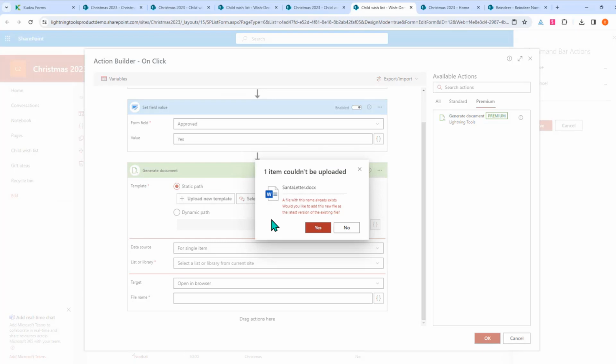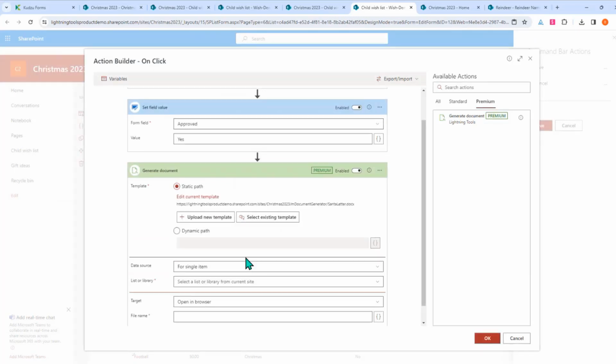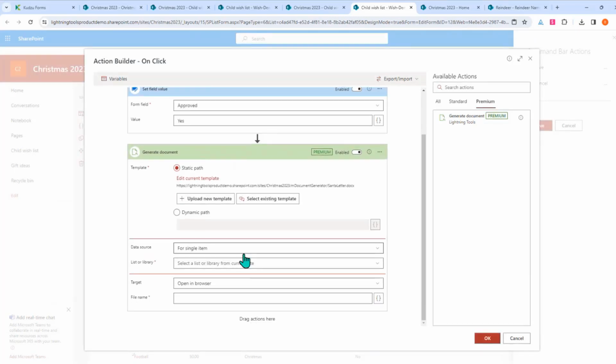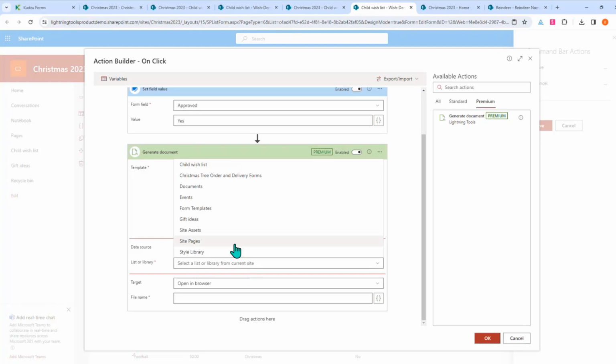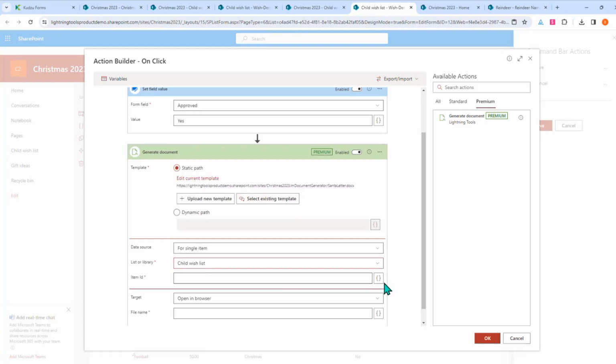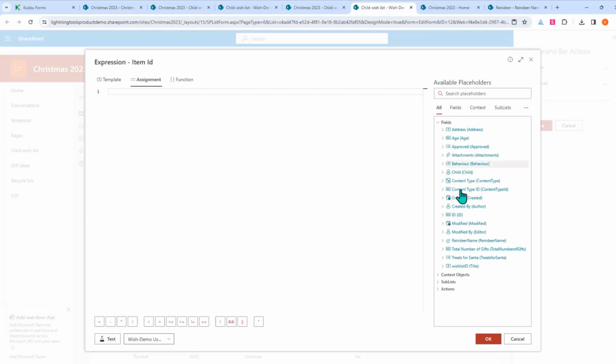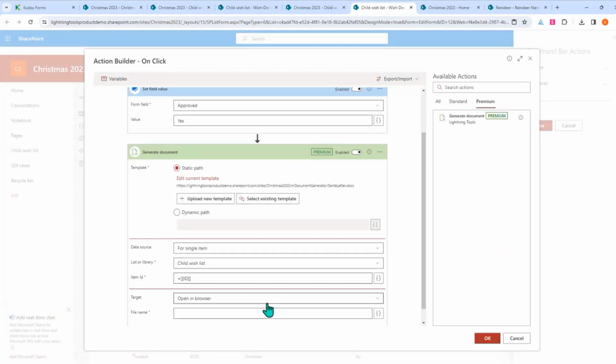And let's just overwrite that. And we can tell it which item we want to open this up with. So I'm going to open that up with a single item from the wish list. We're going to use the item ID in order to be able to recognize the item that we're applying it to. And then we can choose our targets. We can either open up the document or we can save it to a library. And I'm going to save it to a library